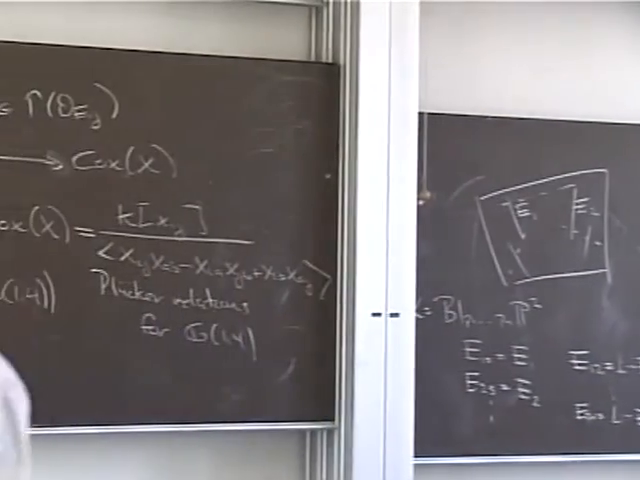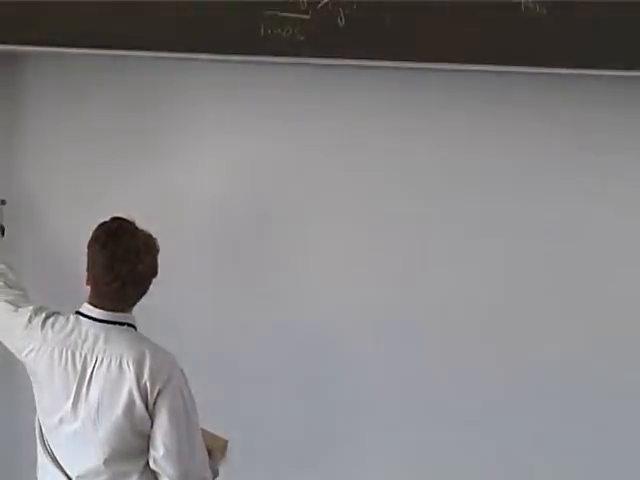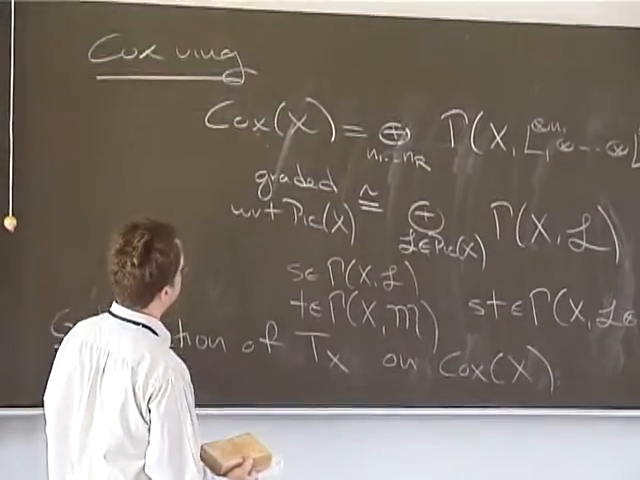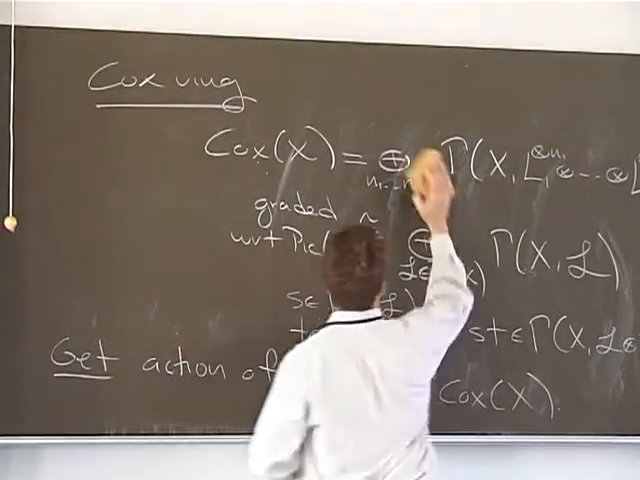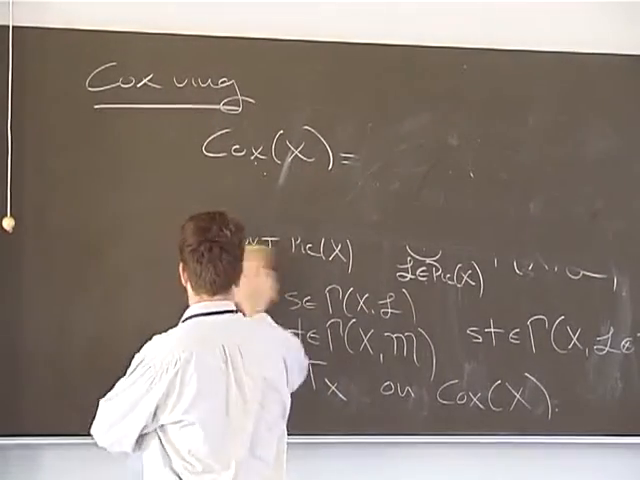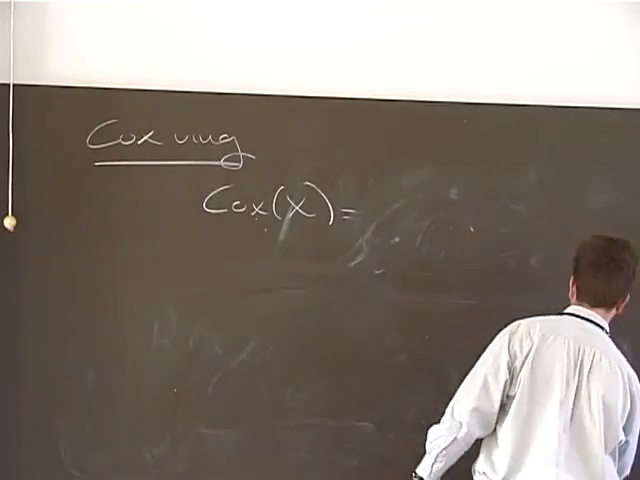So let me end with the description of a Cox ring of a general del Pezzo surface. Since I'm running low on time, let me assume that the degree